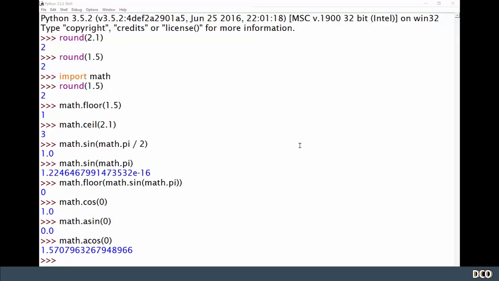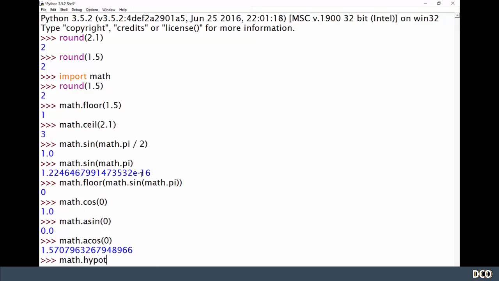We can also use the math library to find the hypotenuse of a right-angled triangle using the Pythagorean theorem. Now, as we know, for a right-angled triangle where A and B are the small sides and C is the hypotenuse, the long side, you can use the square root of A squared plus B squared. For a right-angled triangle with short sides of lengths 3 and 4, the hypotenuse is 5. So we can check this by doing